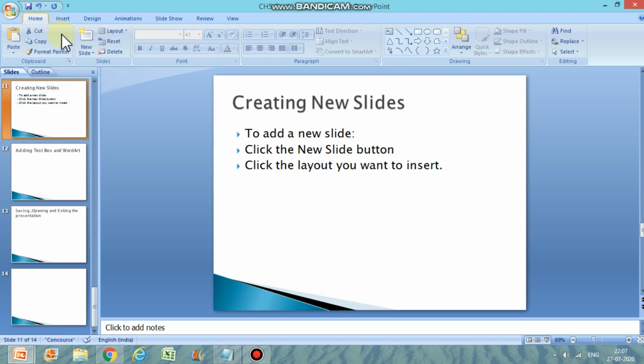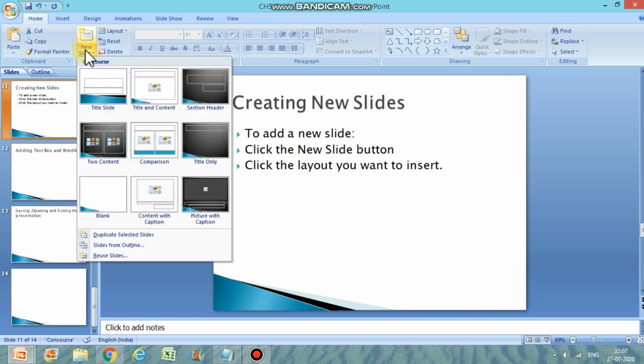Go to Home, this is the button, new slide. Click on it. These all are the layouts. Layouts means what kind of slide you want to add. This is a title slide, or a title and content, or a section header, content comparison, title only, and so on. So these all are the layouts of the slides you can add.